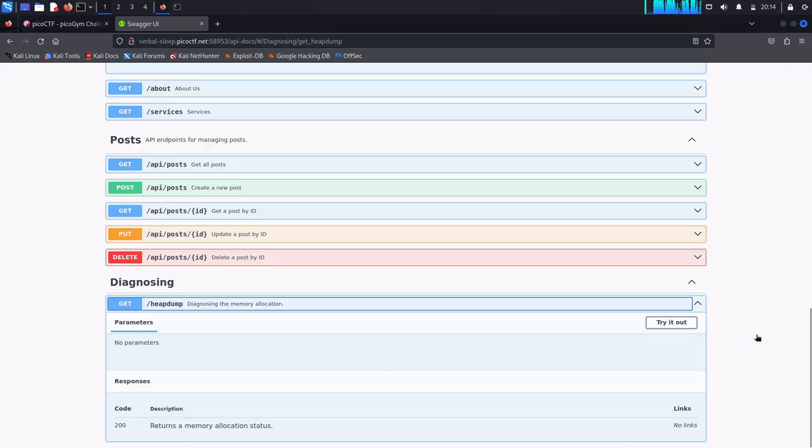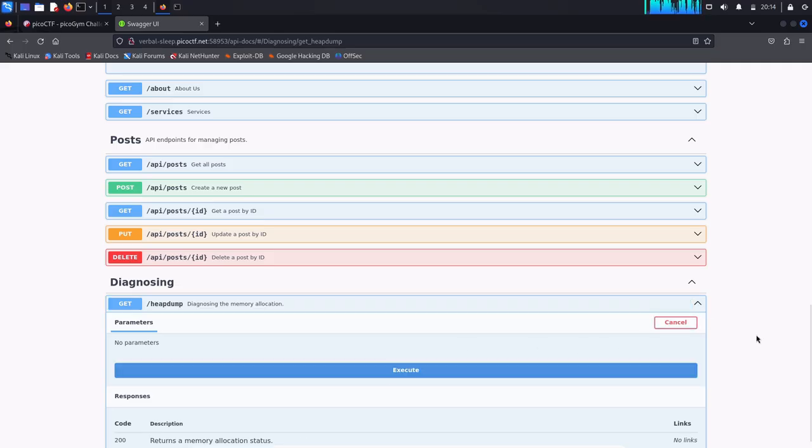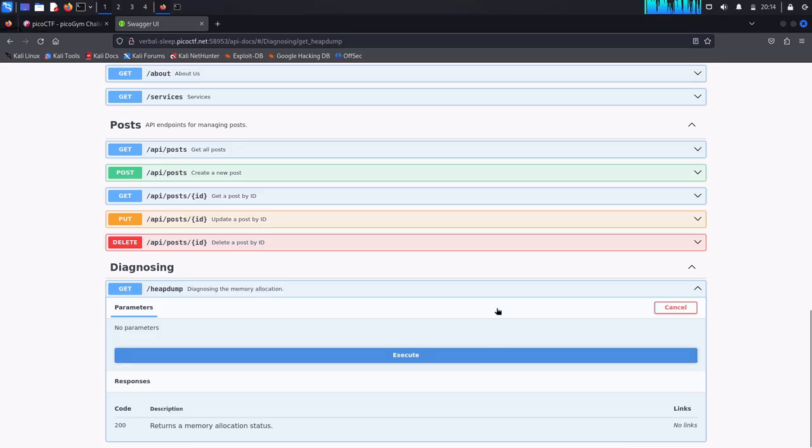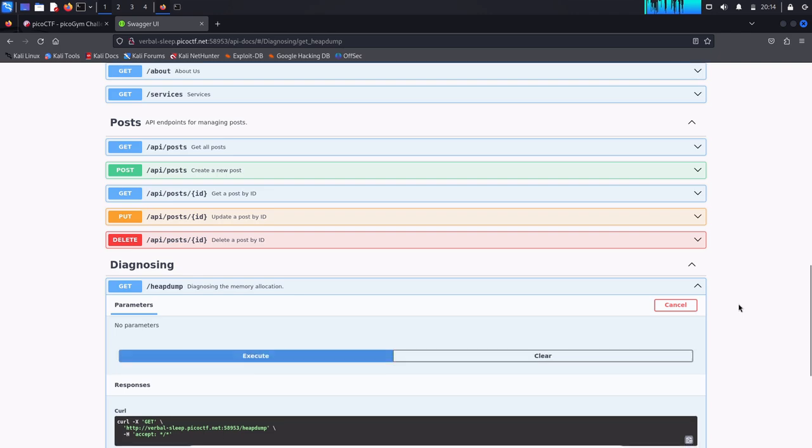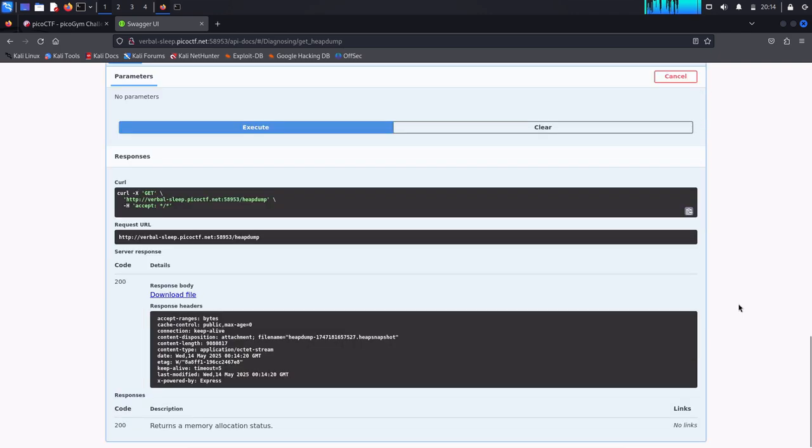If I press try it out and execute, what does it do? Let's give it a minute. Okay, so once we executed that, it gave back this downloadable file. So if I just download that,